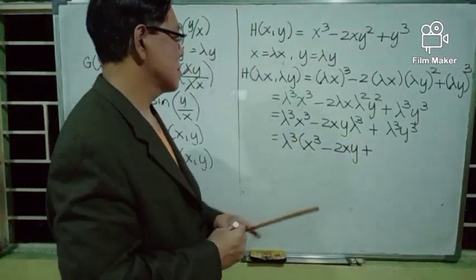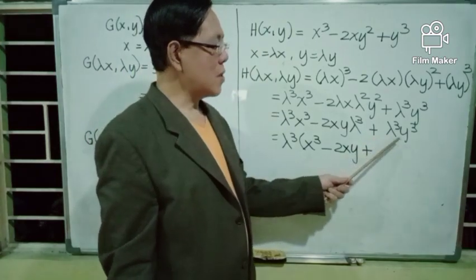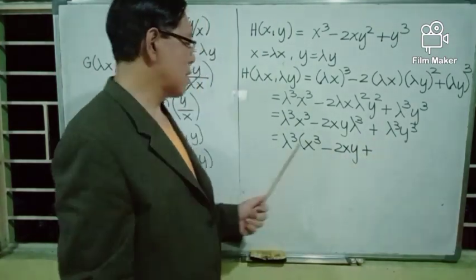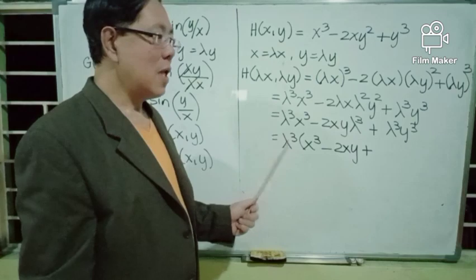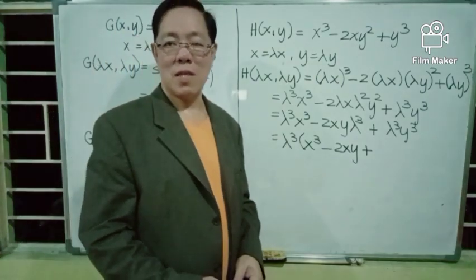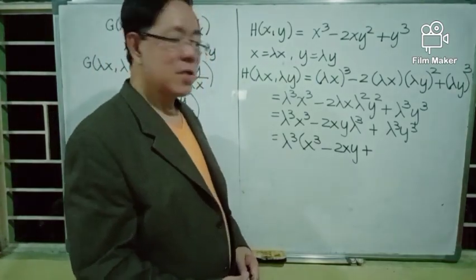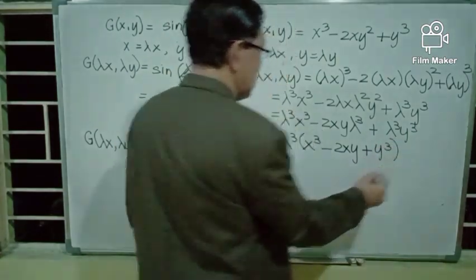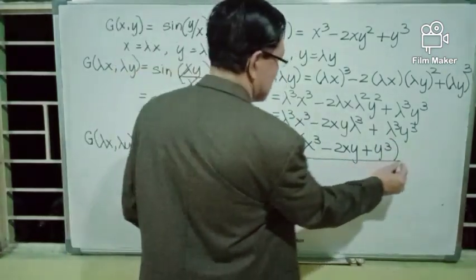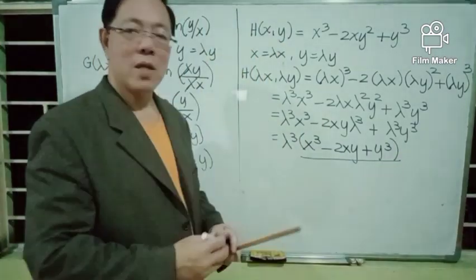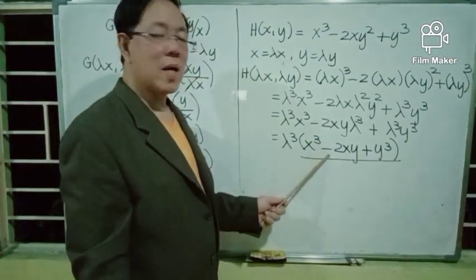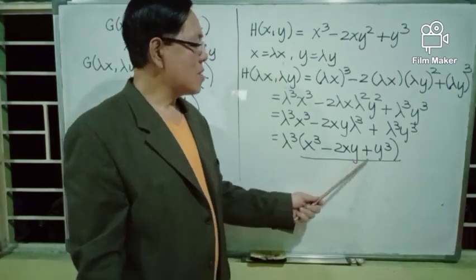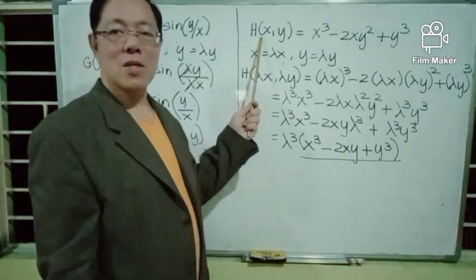Plus 1 lambda cube times y cube divided by lambda cube. Lambda cube will cancel out or is equal to 1. And the third term is simply y cube. But this x cube minus 2xy plus y cube trinomial is the given function h of